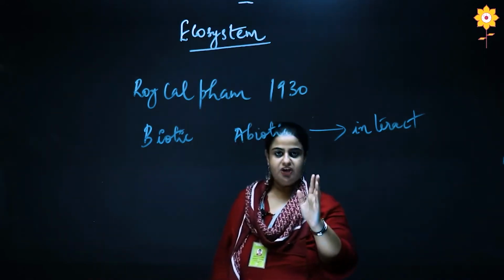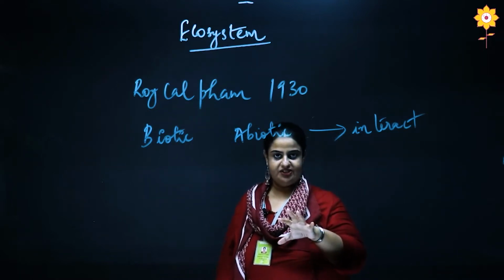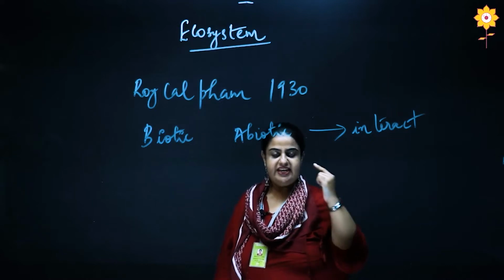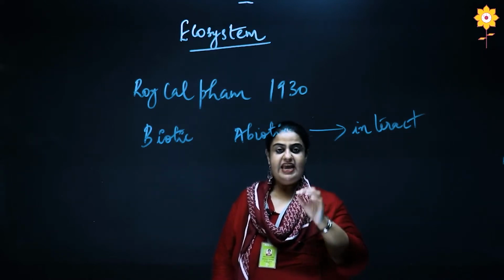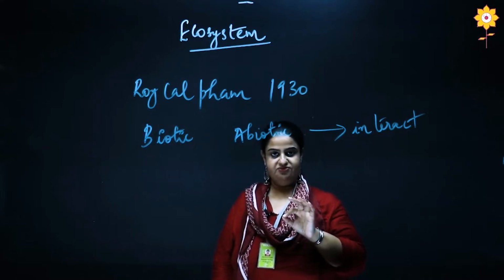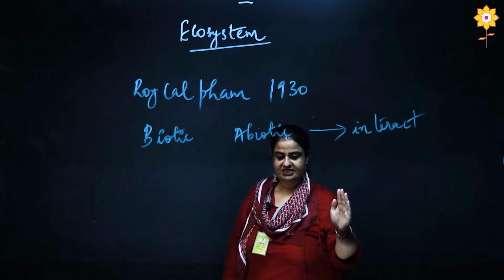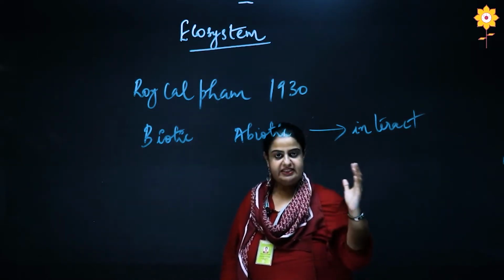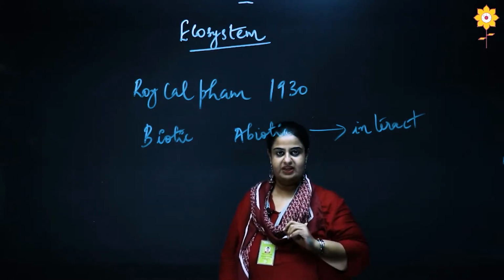Biotic and abiotic organisms, when they constantly interact with each other, help in maintaining the flow of energy as well as nutrients in the ecosystem, and it forms the basis of life. Now, without this interaction, life will not exist. There will not be any living organism in the ecosystem. Hope these points are absolutely clear for you.